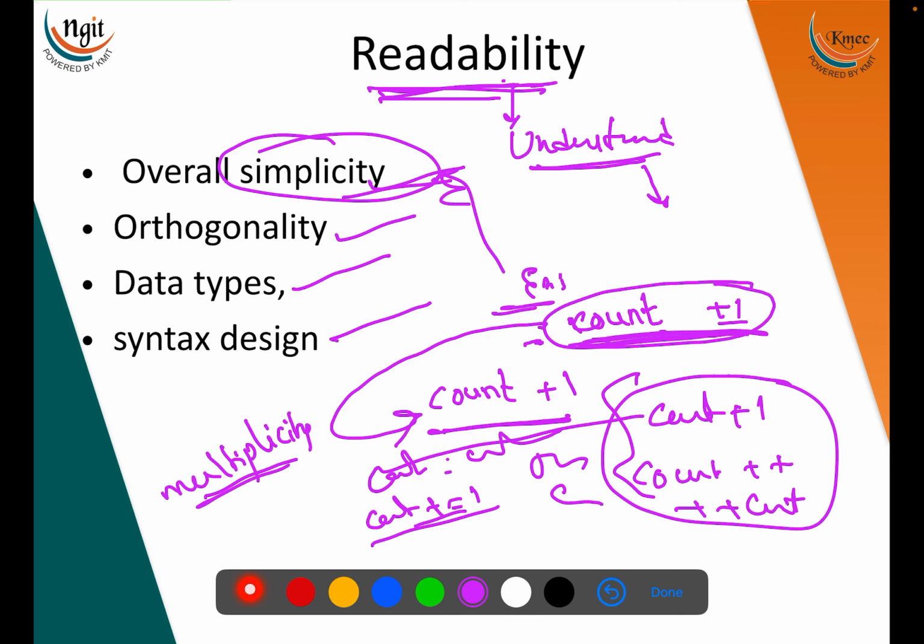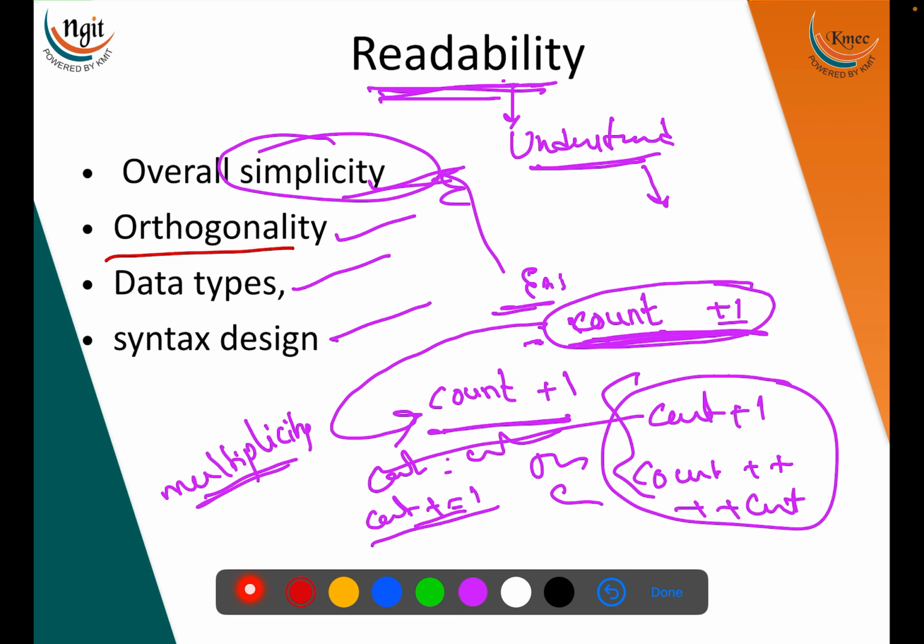So now, readability and understandability can be acquired by other persons or by the language platforms if it has simplicity. Whatever multiplicity features we identify, we will differentiate from language to language. And the next feature is orthogonality. Orthogonality in a programming language means that a relatively small set of primitive constructs can be combined in